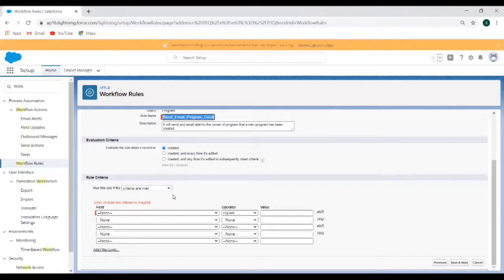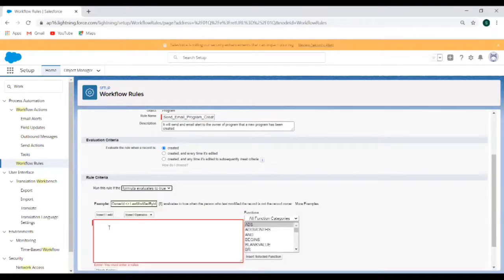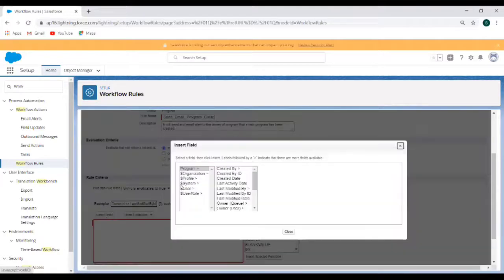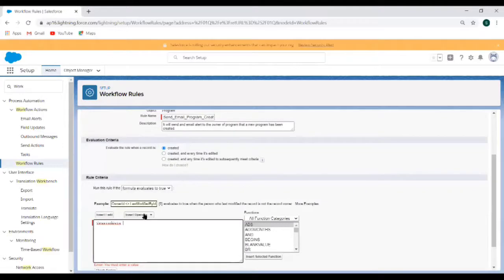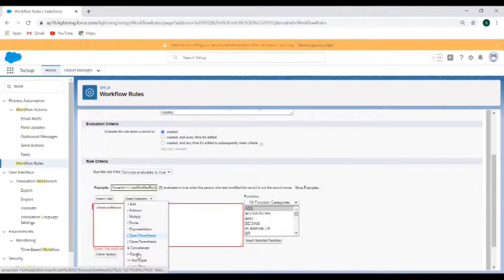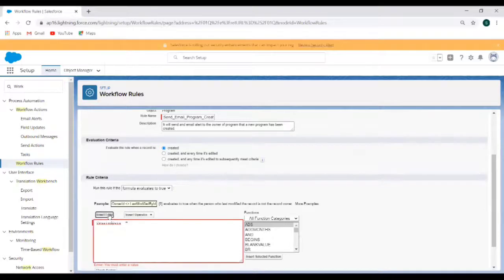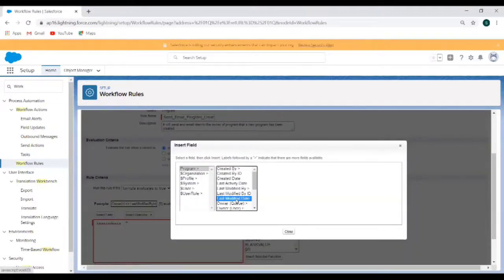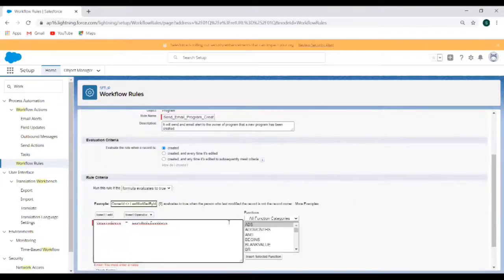In our case, we just want to send this email whenever a record is created. So basically there is no field value check in our case, but what we can do is select the formula evaluates to true, and insert the field program created date should be equal to program last modified date. Whenever you create the record for the first time, your created date and last modified date are going to be the same.